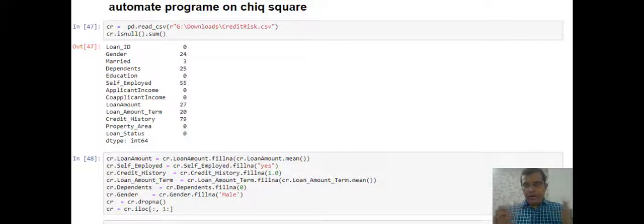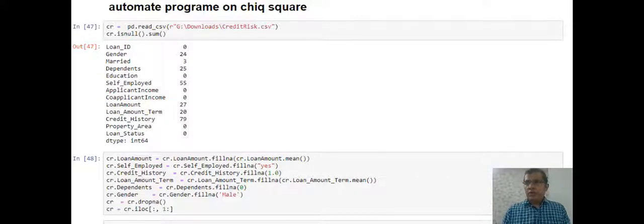I've written a little bigger piece of code, and I have used two ways to do feature selection. One is chi-square and another is RFE, recursive feature elimination. When you are using chi-square, keep in mind that you should use it specifically for classification problems. And RFE can be used for both regression as well as classification.